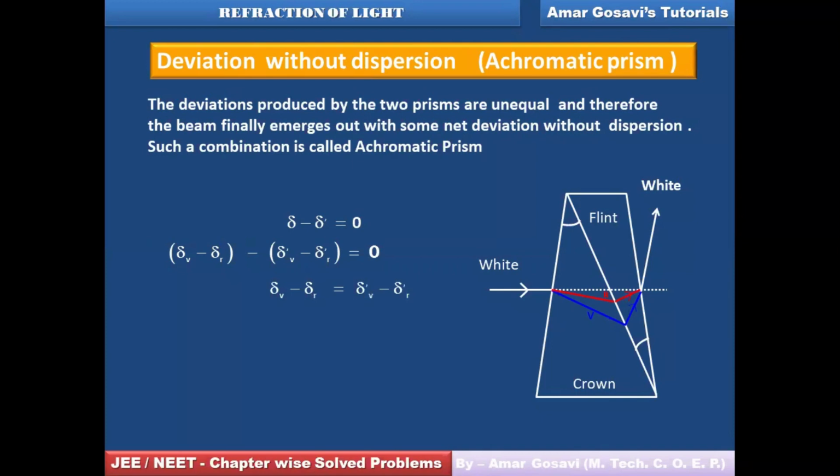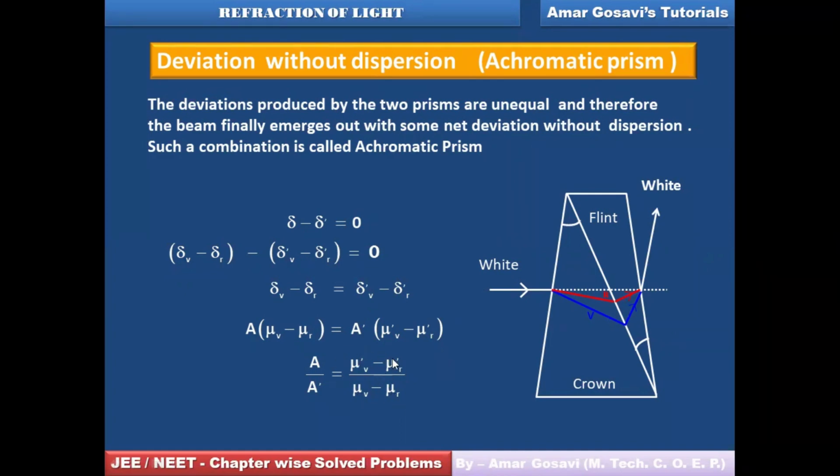We know the equations. So can I say from this equation, delta V minus delta R should be equal to delta V dash minus delta R dash. So delta V minus delta R, we can place as A (mu V minus mu R). Just now we have derived the equation for angular dispersion. This is the angular dispersion for crown glass, and this is the angular dispersion A dash (mu dash V minus mu dash R) for the flint glass. So they are supposed to be equal and obviously opposite to nullify each other. So correspondingly, the ratio of A to A dash will be given as (mu dash V minus mu dash R) upon (mu V minus mu R).